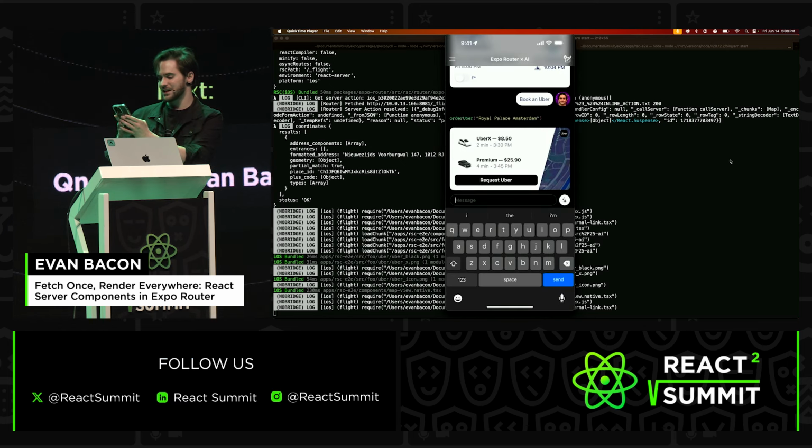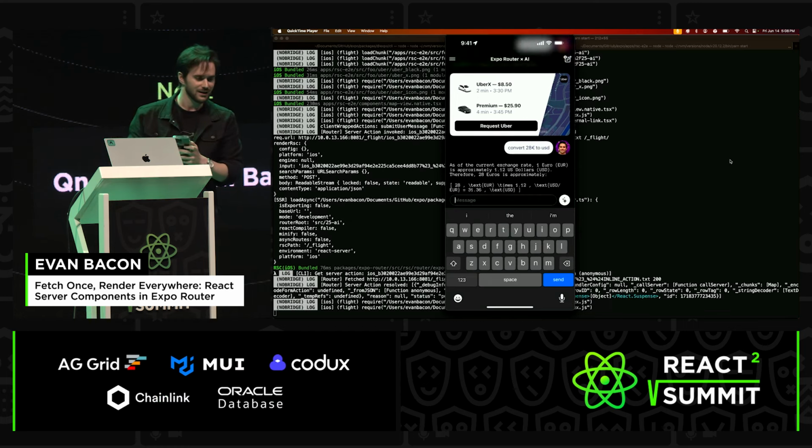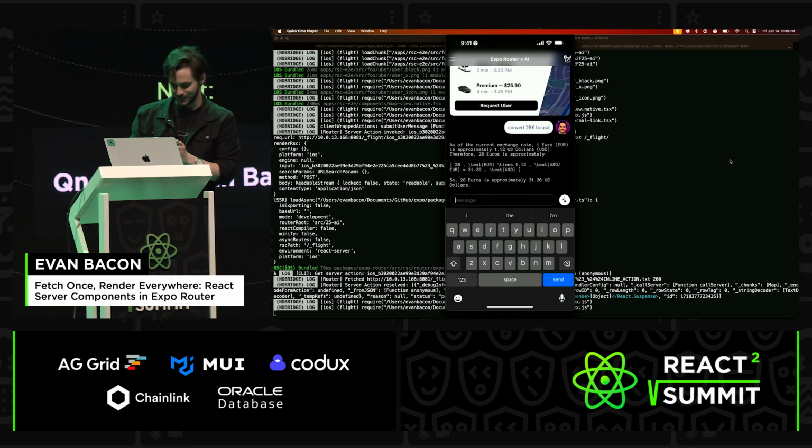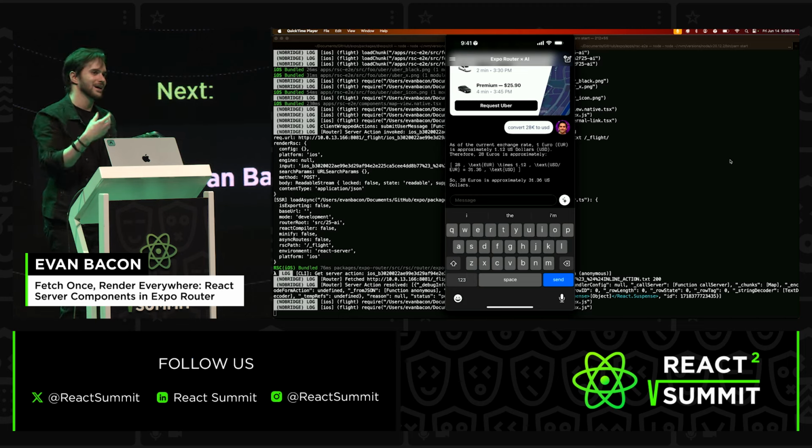So you could say convert 28 euro to USD. Can't do the conversion in my head. Actually, that was pretty easy. I probably should have been able to do that. $31. But now, I don't have a currency conversion component built in, which is why it just sent me down